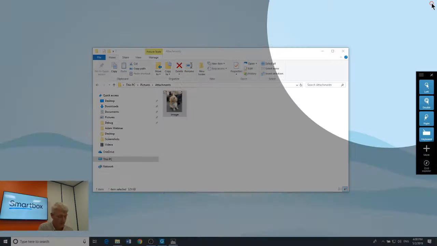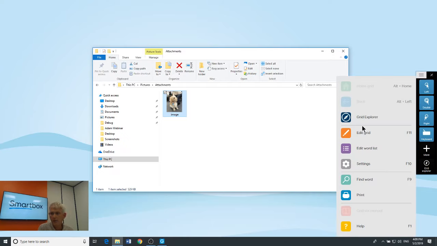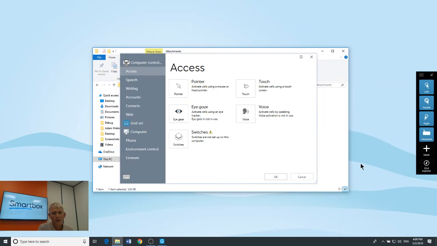Now at the moment I'm using a way of clicking called zoom to click when I'm clicking in on something, but that's something that we can change. So I'm going to quickly go into settings for the first time today. So I'm going to go up to the menu bar, I'm going to go to settings, and I go to my access method. So at the moment I've been using a mouse, which is a pointer, so I'm going to go to pointer,